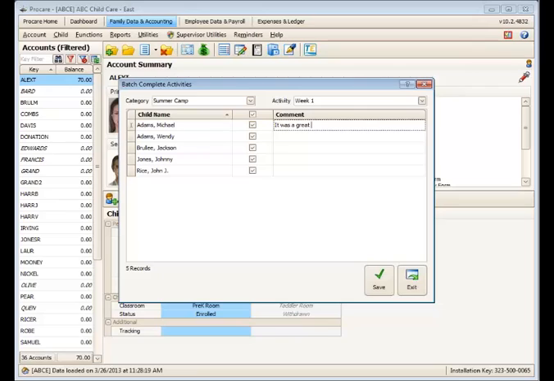Now, I think this is probably not as important for summer camps, but it could be really useful for things like swimming or soccer, where you need to assess whether a child passed these skill levels or still needs to work on these skill levels. And if they didn't actually pass or complete that class and they might need to repeat it, for example, you'd leave them unchecked. But this is a nice way to build a process for who has completed an activity, and that's it. That's our preview